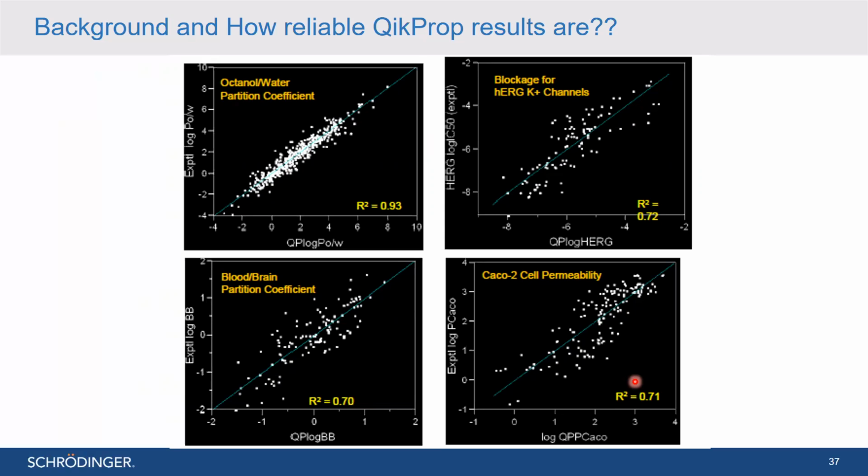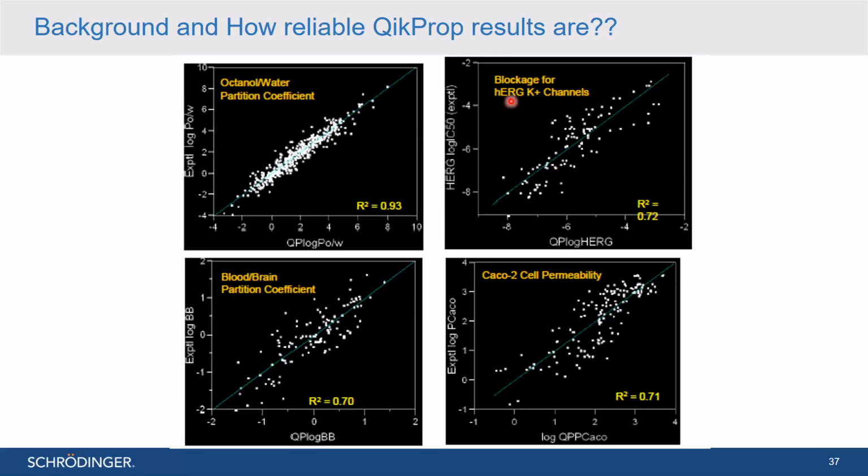So you can see how reliable these models are and what their correlation coefficient is for each prediction of activity. For example, this is the graph for prediction of partition coefficient between octanol and water, and R square, which means correlation coefficient, is 0.93, which is huge. So whatever prediction you get at the end using the QikProp tool is very reliable,